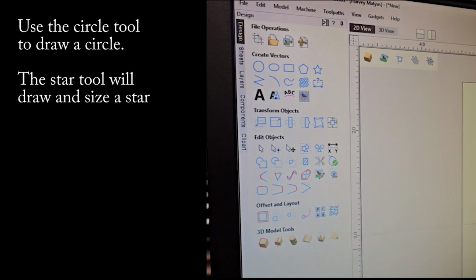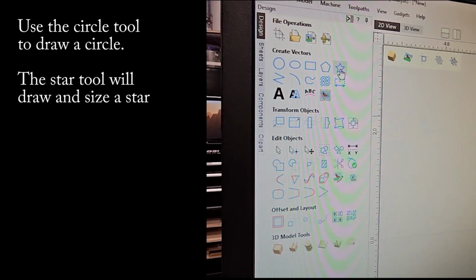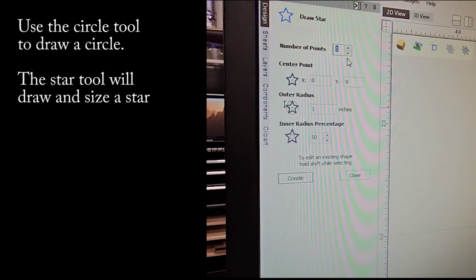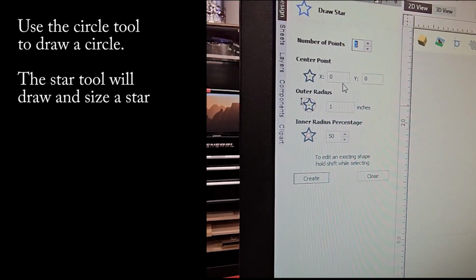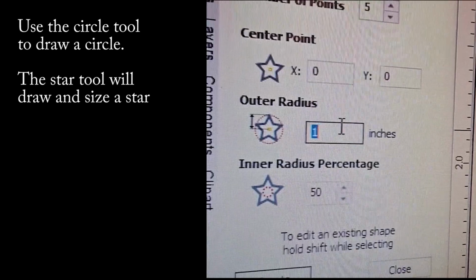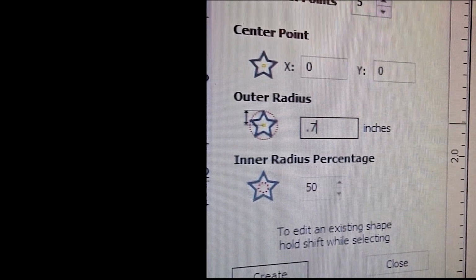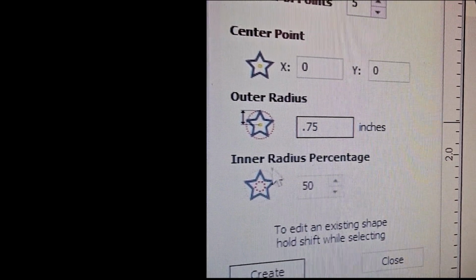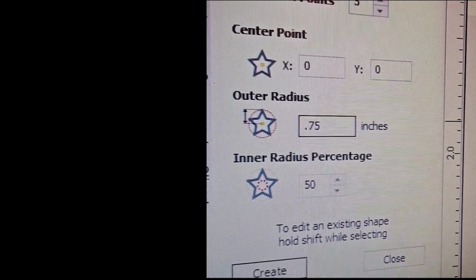Now we want to put a design in there. So we're going to put a star. We're going to have 5 points. We're going to have the center point to be 0 and 0 and the radius of 0.75 with an inner radius of 50 degrees. You hit create,